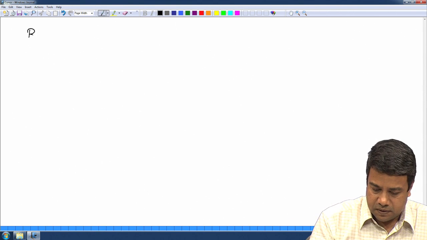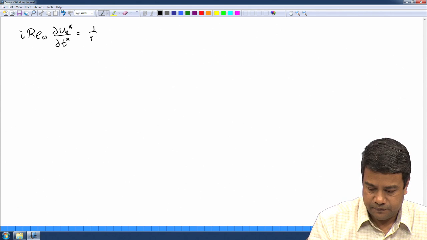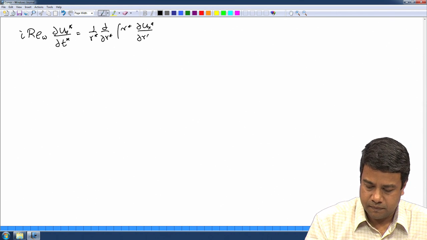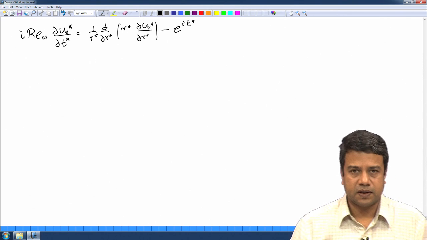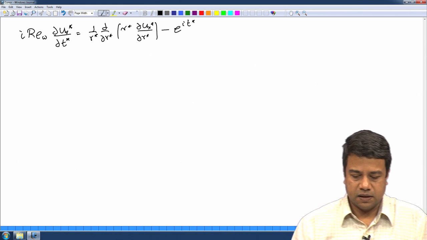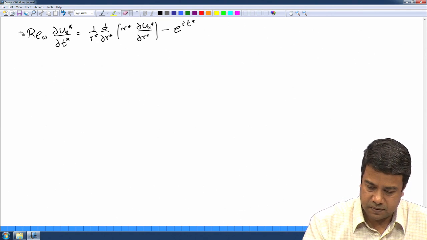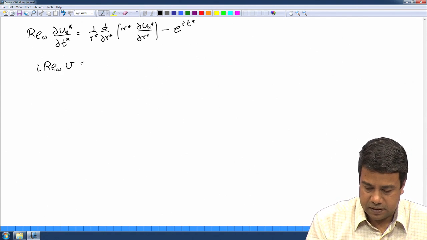So, our equation was Re omega dux star by dt is equal to minus e power i t star. Or if I had written in terms of the function v, I get only an ordinary differential equation. I am sorry, this i should not be there. i Re omega v is equal to